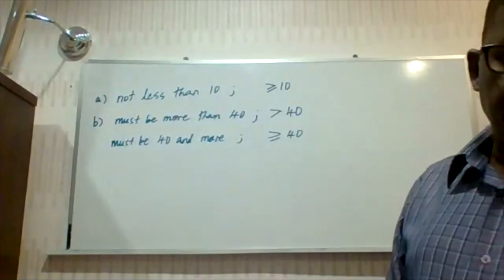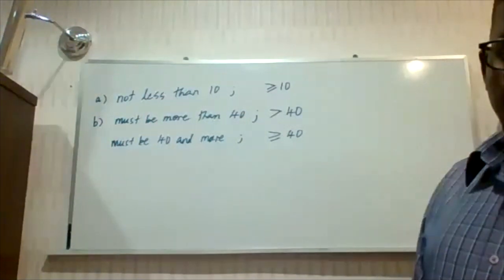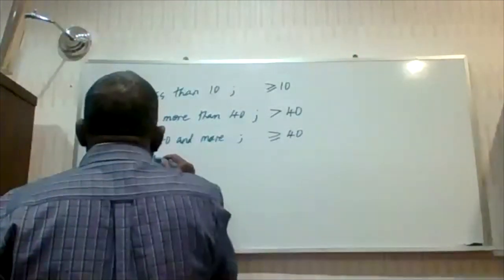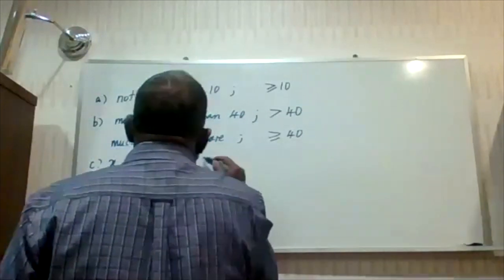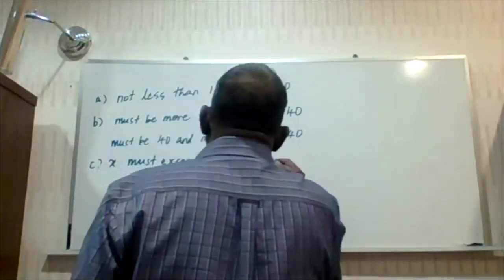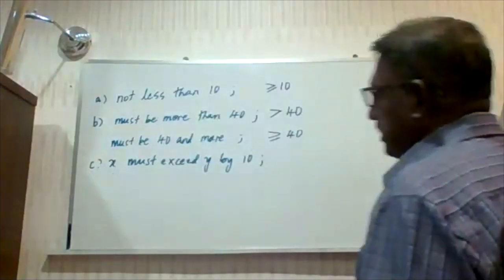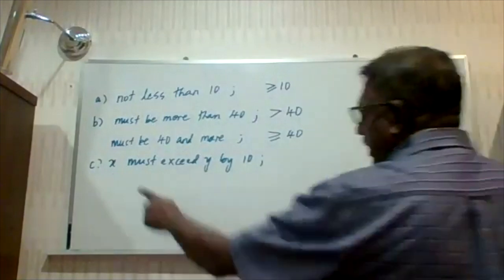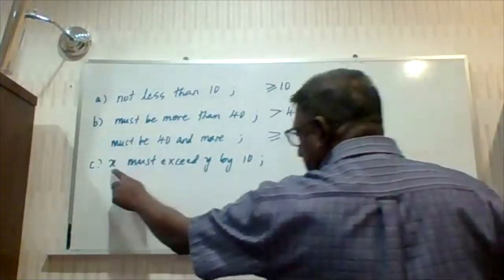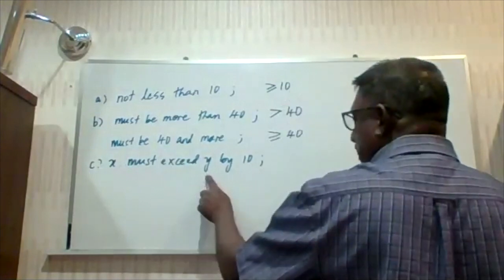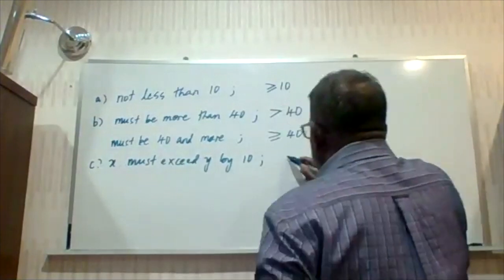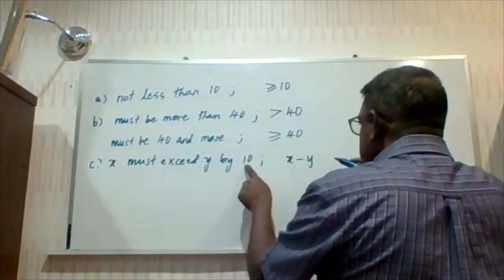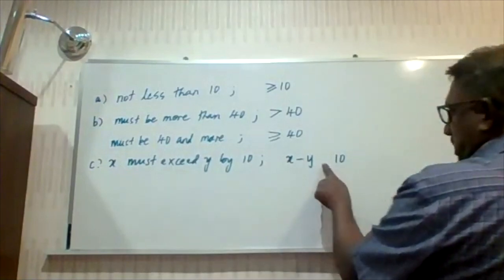Now we go to part C. X must exceed Y by 10. So how will that be translated? That means first ask yourself, which is bigger? Between X and Y, which is bigger? X must exceed. So X must be greater. Y must be smaller. By how much? 10. So that means it gives you this information: X minus Y,